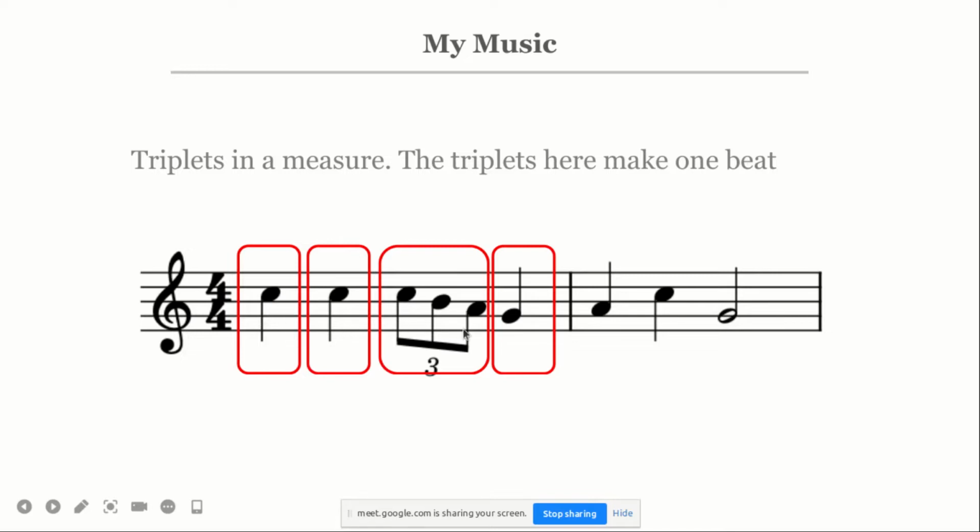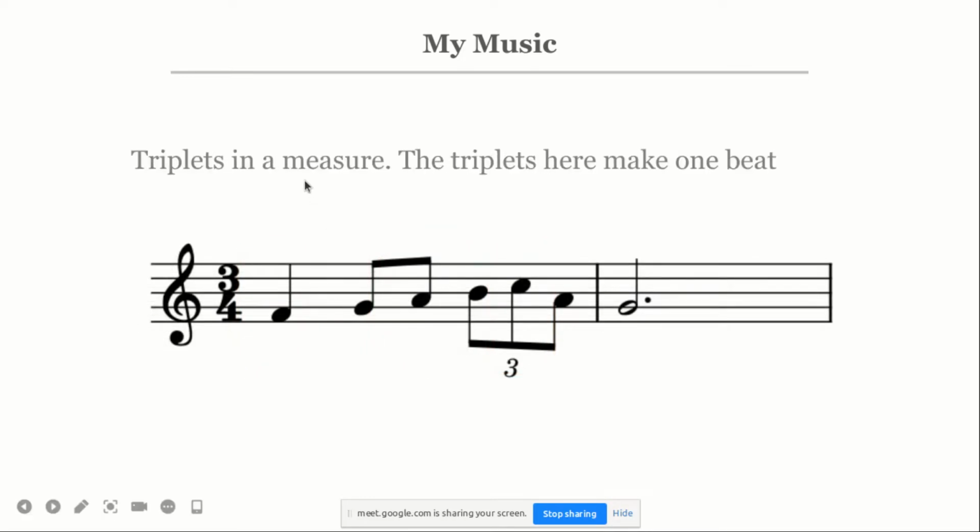So this is what we mean by a triplet. A triplet is 3 notes played in the time of 2. 3 played in the time of 2. So when you see these 3, don't count it as 3 quavers. If you count them as 3 quavers, that will be 1 crotchet, 2 crotchet, 3 crotchet at the end, and then this will be another crotchet and an extra quaver, which is not so. If it has a triplet, then this is 3 played in the time of 2.